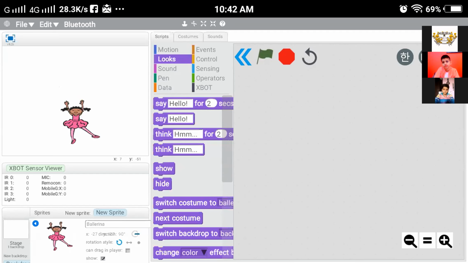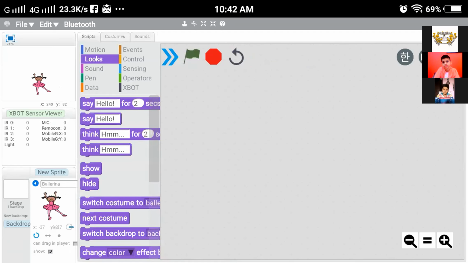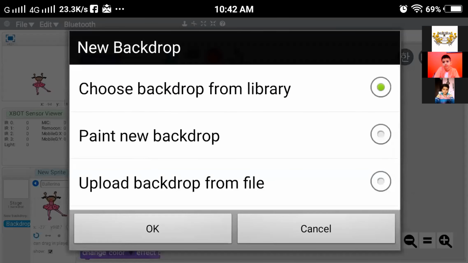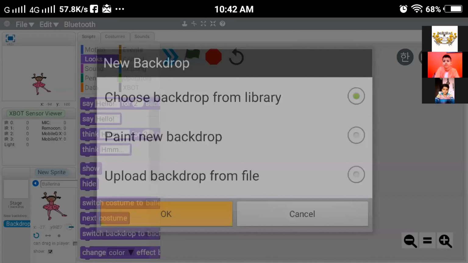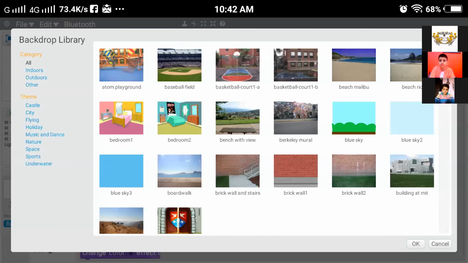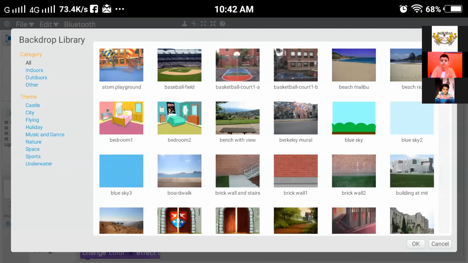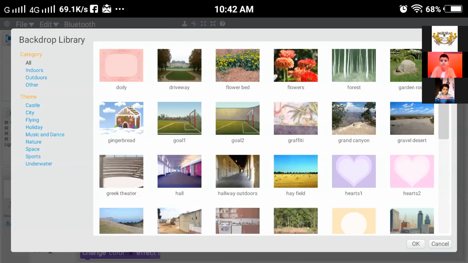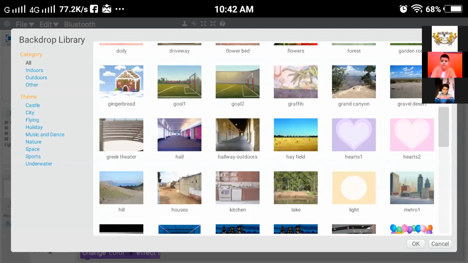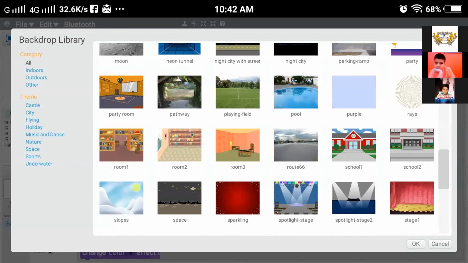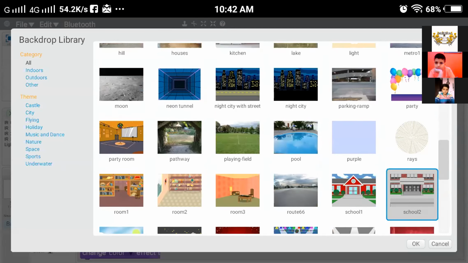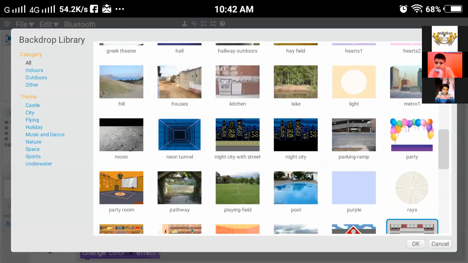Let us change the background also. Go to backdrop, choose it from library. Okay, if we have the same party background here, then I'll choose that. Yes, I have that also.